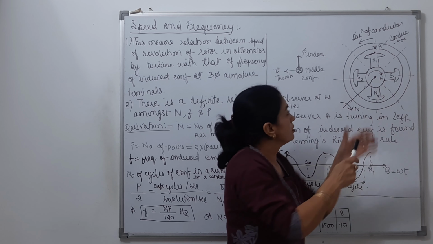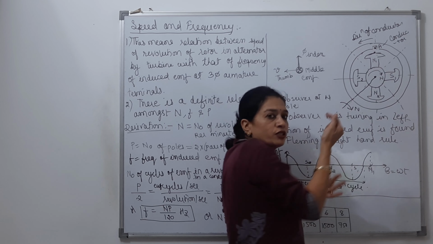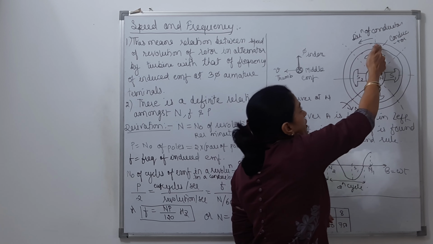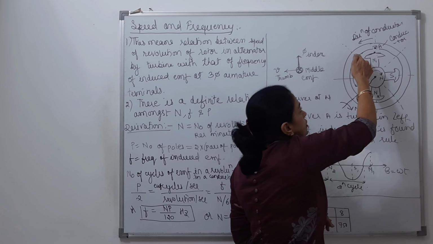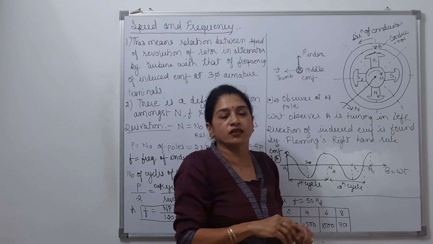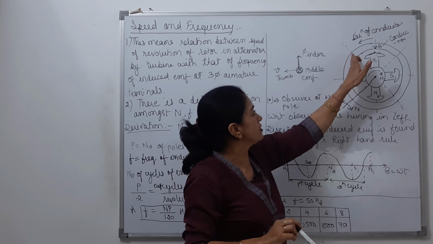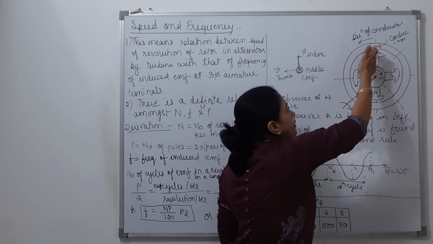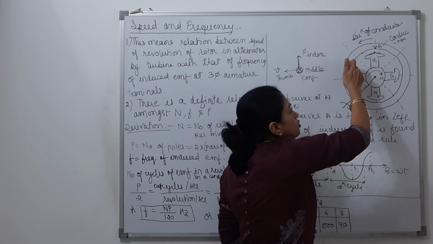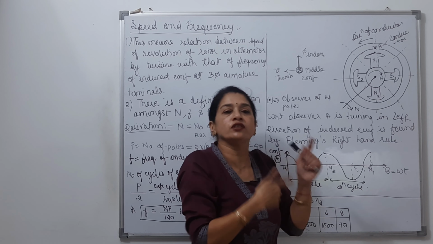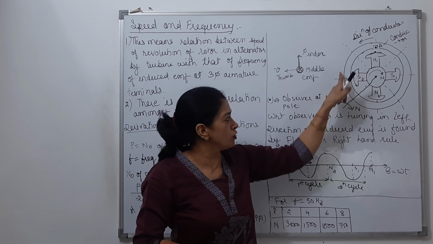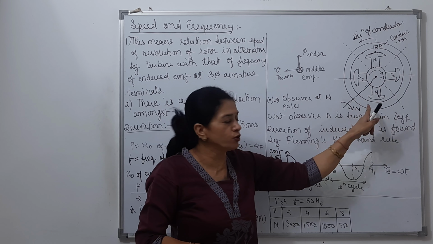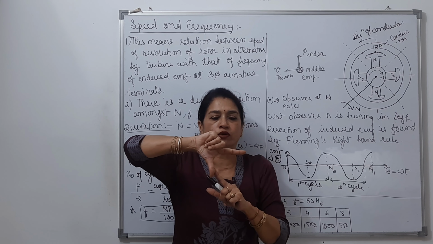When the conductor moves like this, because I am assuming the conductor is moving, so when the conductor is moving here, at that time it won't be under the impact of any pole, because this is nothing but the neutral axis exactly in between the two poles. Now when the conductor gets into the impact of south pole and comes over here, it would be under the impact of the opposite direction of magnetic field. Direction of motion according to anti-clockwise would be downward. So I will keep my thumb downward.